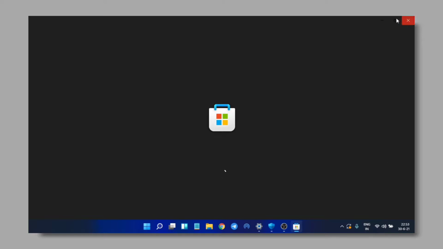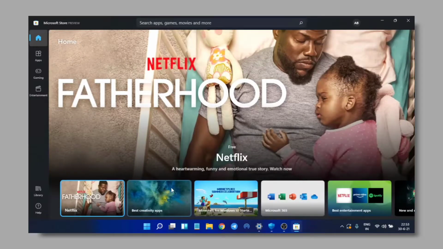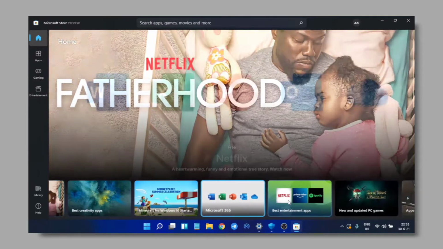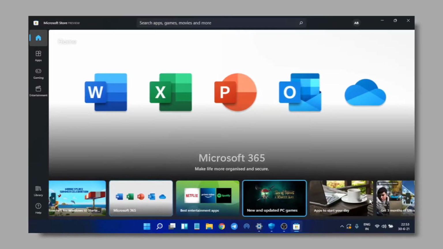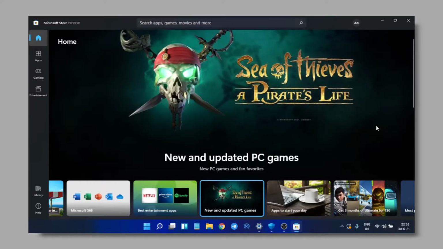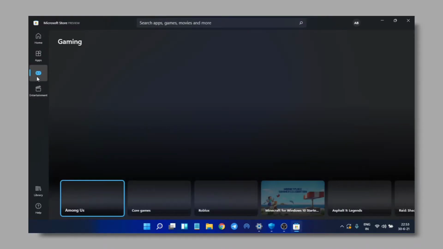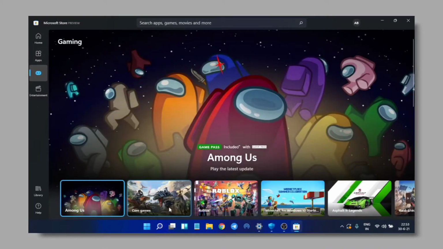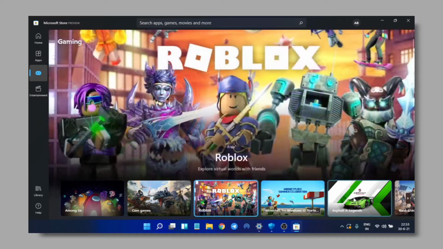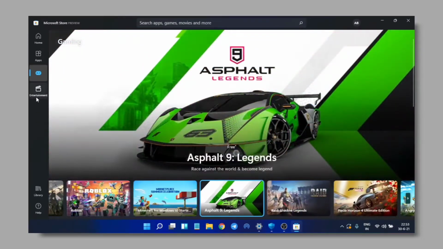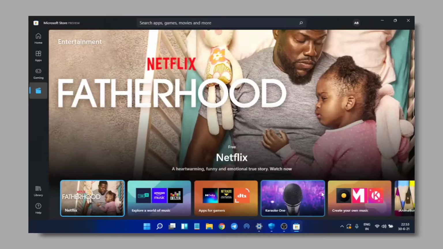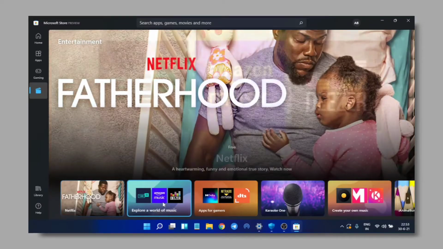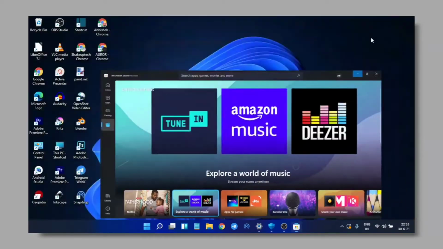advertisement for the apps and stores is very large now. It's very large than before. So you can see this is a big one. If I click on, say, this one, it shows you a very large preview. This is the new game, the Pirates. Okay, we have different categories on the left side. Among Us, of course, we have Roblox and the Asphalt Legends. Entertainment, you have maybe your movies, your Amazon Music and everything.